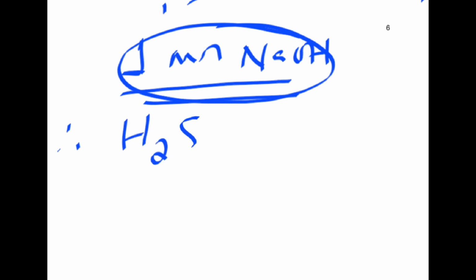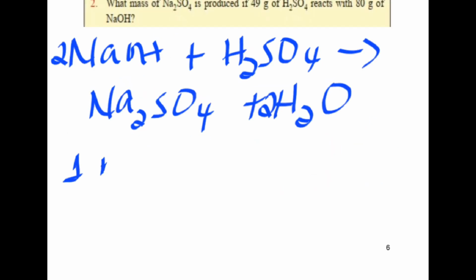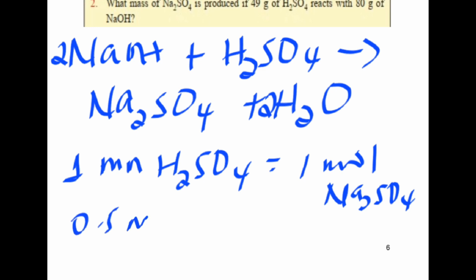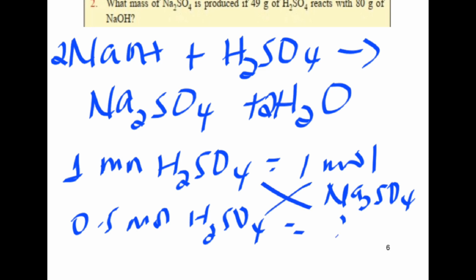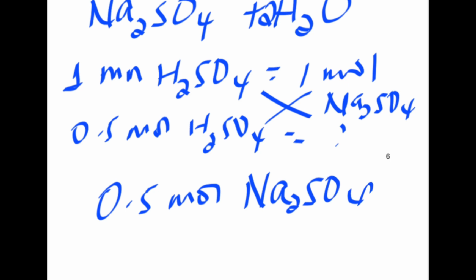sulfuric acid ምንድነው ማለት ነው limiting reactant ነው ማለት ነው ይሄን ተጠቅመን አሁን amount of sodium sulfate እንፈልጋለን ማለት ነው 1 mole of sulfuric acid produces 1 mole of sodium sulfate. If we have 0.5 mole of sulfuric acid how many moles of sodium sulfate are produced? So this is 0.5 moles of sodium sulfate are produced ማለት ነው